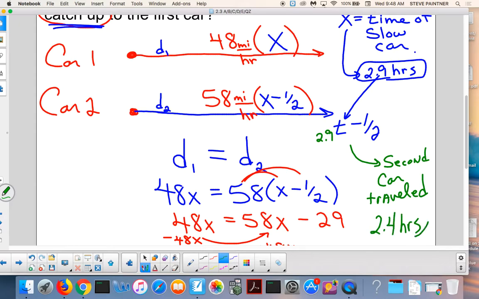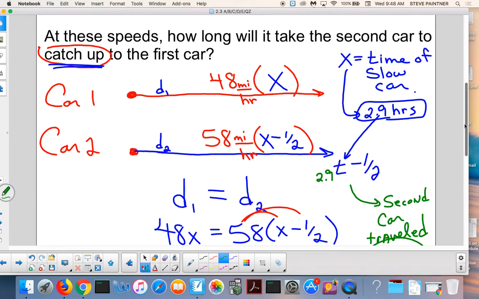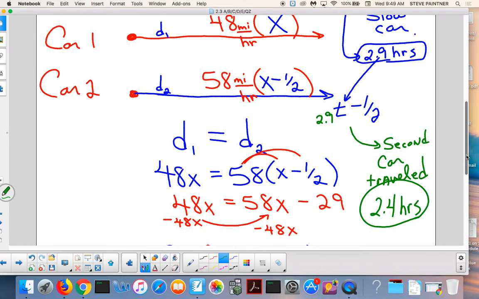Okay. That is how long the second car traveled. Because it said this, didn't it? At these speeds, how long did it take the second car to catch up to the first car? Took 2.4 hours. Now, if you would have got 2.9 and you said the answer was 2.9, I would have probably given you